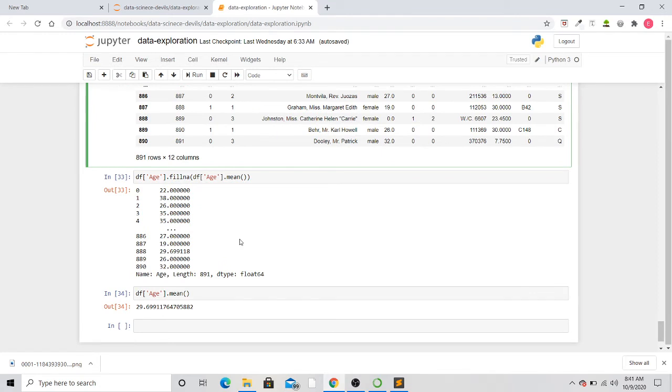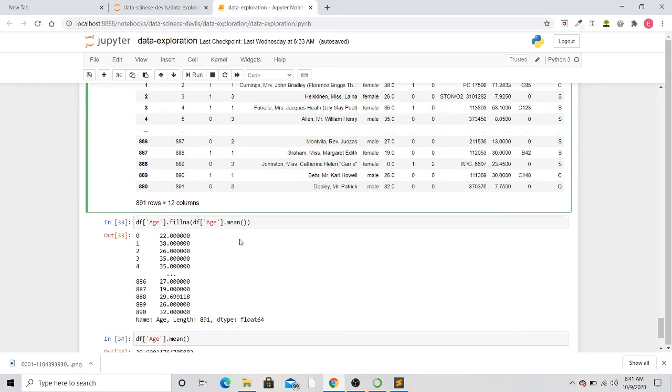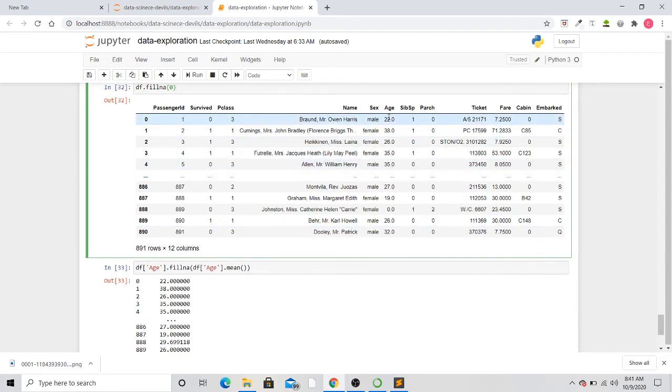Now I can fill that entry with any other number, or we can fill that entry with also the statistical numbers like mean, median, mode. So first of all, you have to select the column whose missing values you have to replace with the statistical number, and I am considering the statistical number mean.